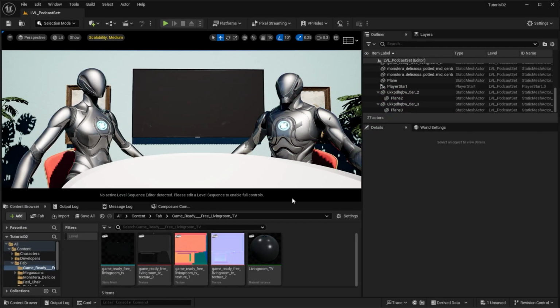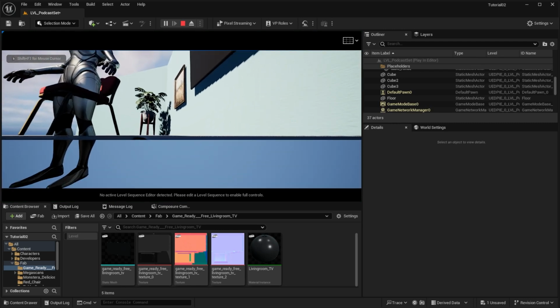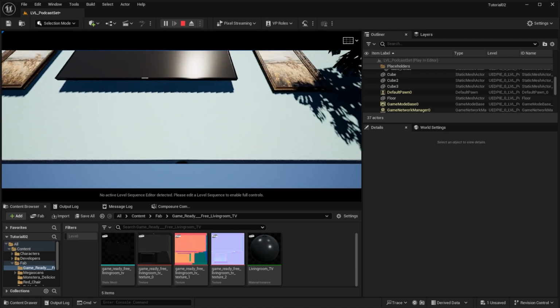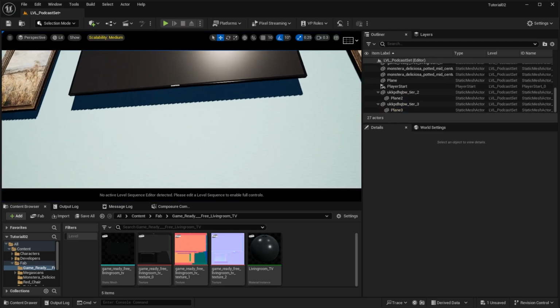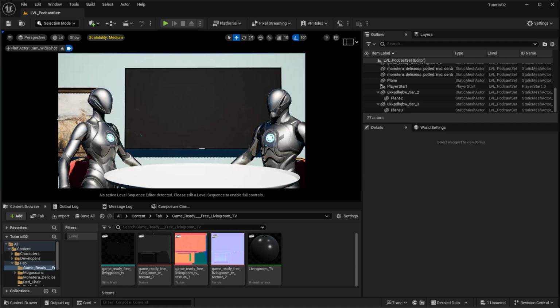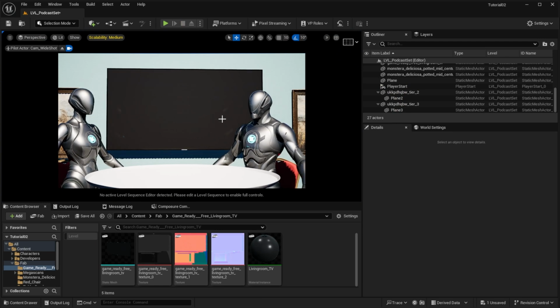So first thing that I want to do is assign one of the cameras temporarily to be our perspective when we hit play, because at the moment we hit play and we are down here and I can't lift up. I'm pushing up, down, and left, right, and nothing's happening. All I can do is change the perspective. So what we want to do is we want to use the perspective of the wide shot, because this will let us see perfectly well what's going on the TV. So let me just jump out of this